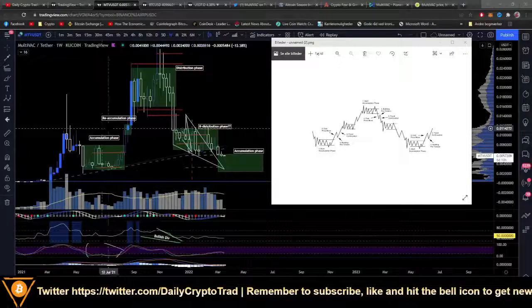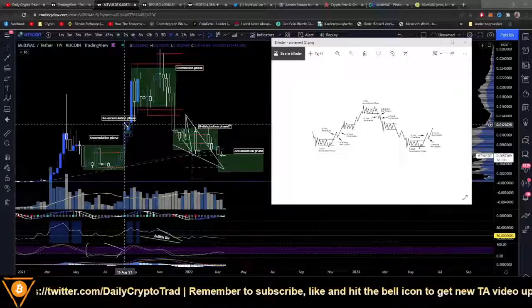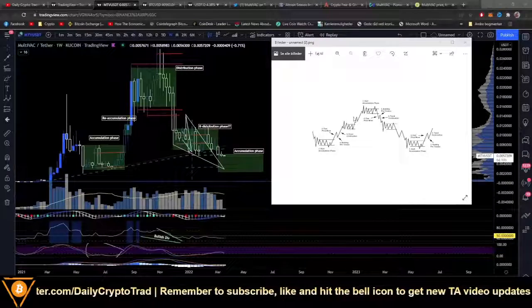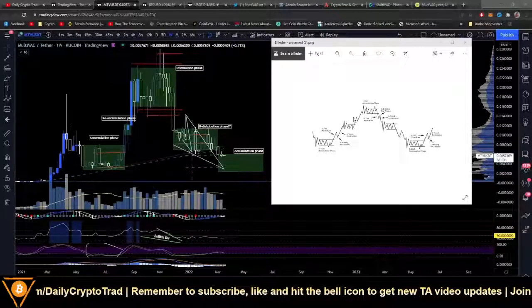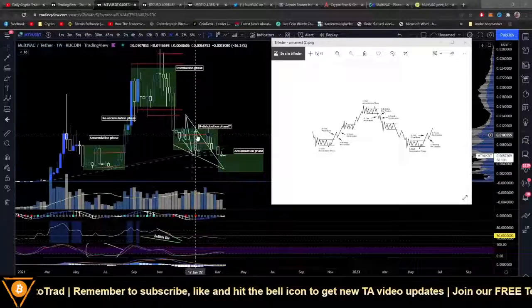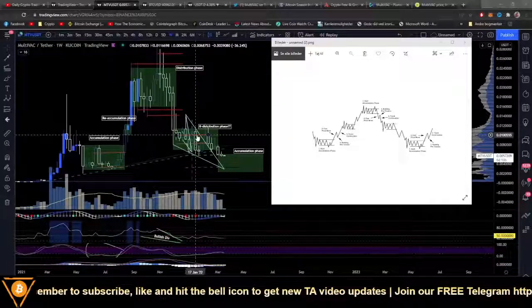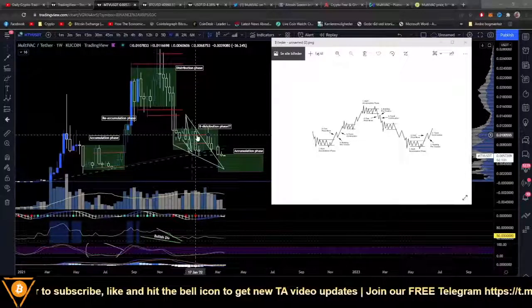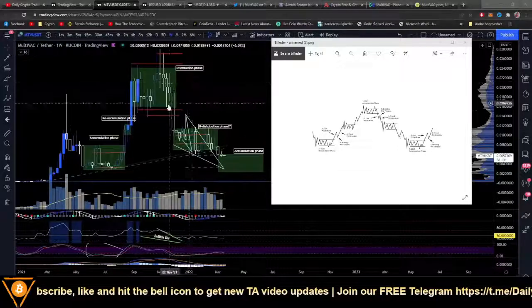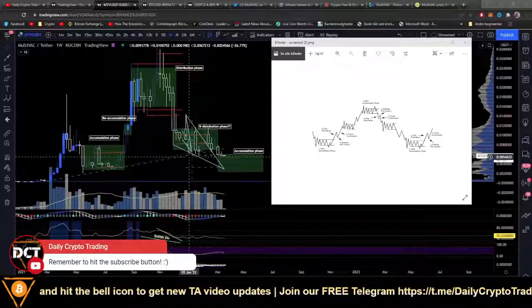If you've been following my channel or my Twitter, you know I've been keen about this Wyckoff schematic, as you guys see on the right. The accumulation and the distribution phase or areas I have been talking about for months. I've been making TA videos for months about MultiVAC and this scenario that it will happen. There was a high probability, which played out perfectly. All right. So I'm still keen on this schematic because so far it's looking like it's going to happen.